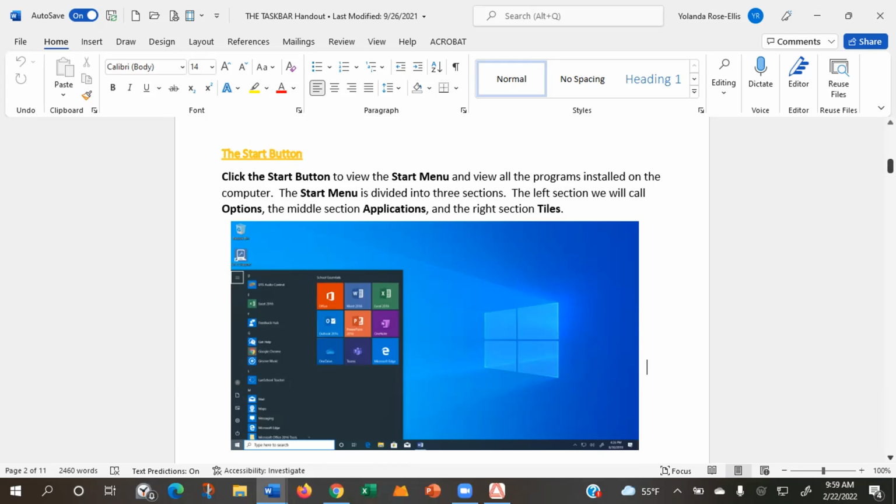The middle section, that's where you have all the programs that are installed on the computer, and we're calling that middle part applications. And then on the right-hand side, you have these squares,